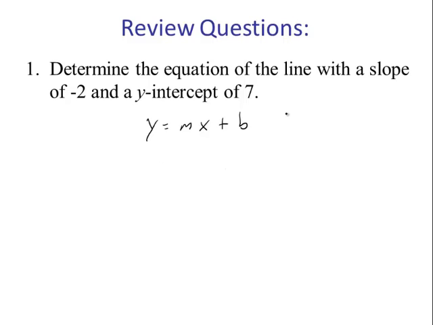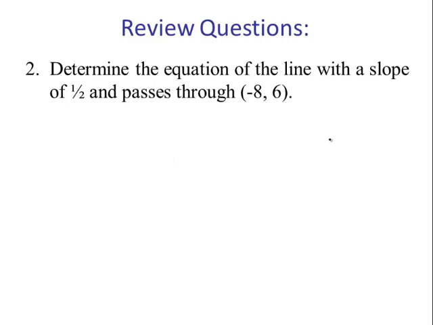We are given that the slope is negative 2, and we're also given that the y-intercept is 7. Well, that's what b is. So the equation is y equals negative 2x plus 7. Number 2, determine the equation of a line with a slope of 1/2 and passes through the point negative 8,